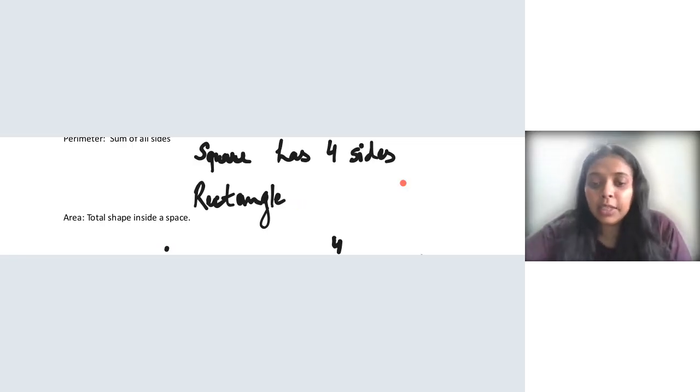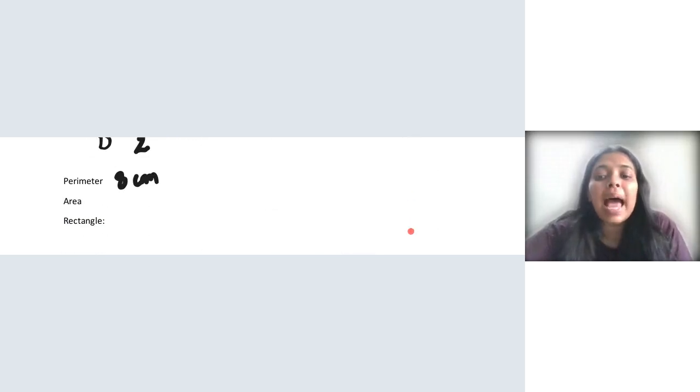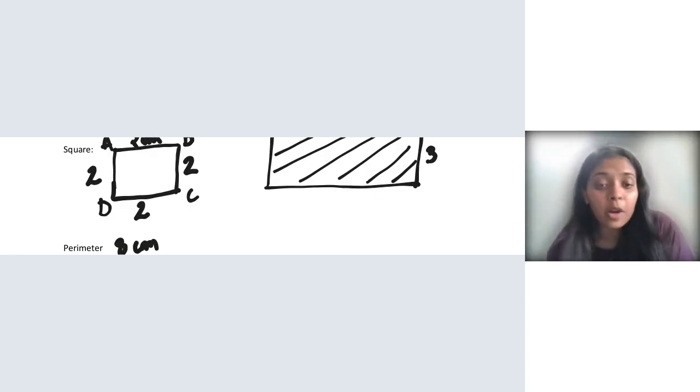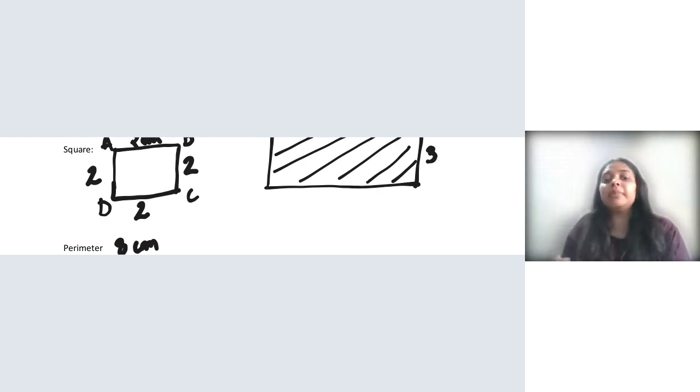Okay, so basically to calculate the area, what we do is we multiply two sides. So, in a square, all the sides are equal, right? Yes. So this means I can multiply any of the two sides. So to find the area of a square, I'll multiply AB and BC? Can I multiply AB and BC?